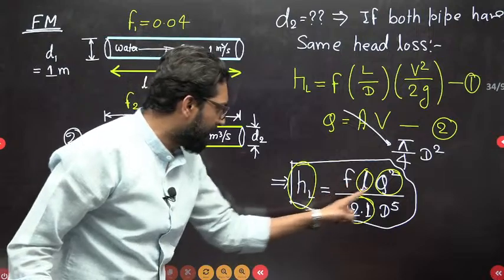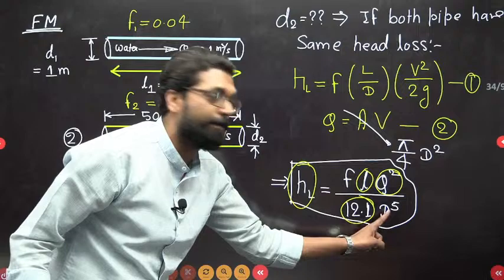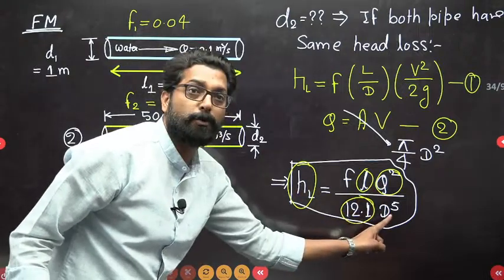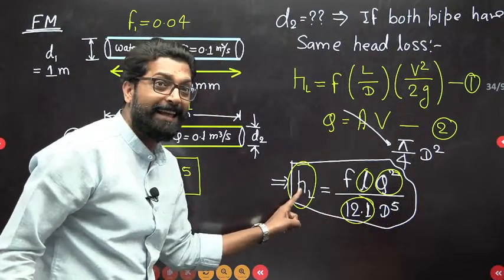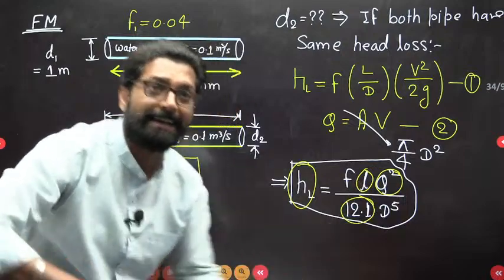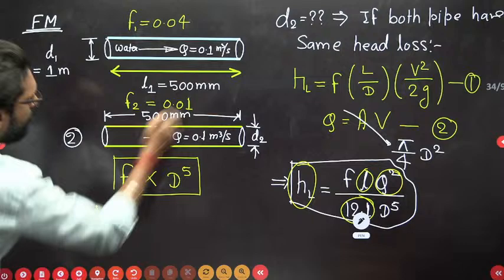If HL is the same for this pipe, then L is directly proportional to diameter to the power 4. If L is the same, then Q square is directly proportional to D to the power 5. If HL is the same, then f is directly proportional to D to the power 5. Try to relate this equation. Now, if you put this value here,